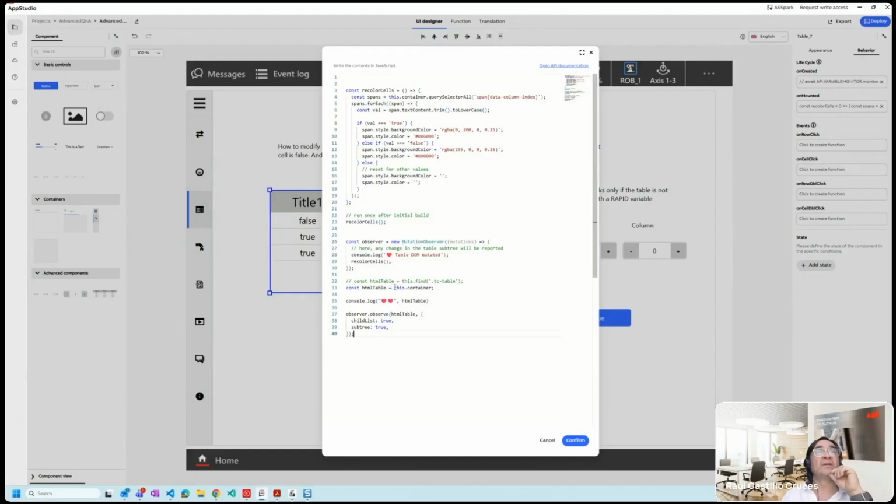As you can see here, I'm using this container, and the container of any element is the wrapper of everything behind this component. And with this, you can get access at the DOM level to this component and with that, do some manipulation. Here, that is what we are doing. We are connecting to it. We are hooking the observer. And inside the observer, we are applying the recolor cells